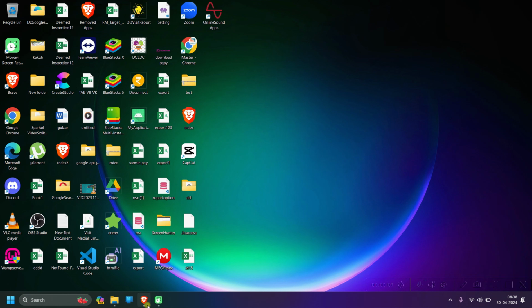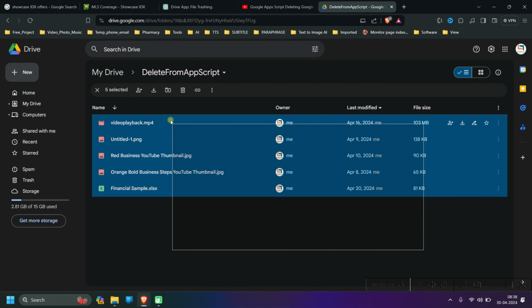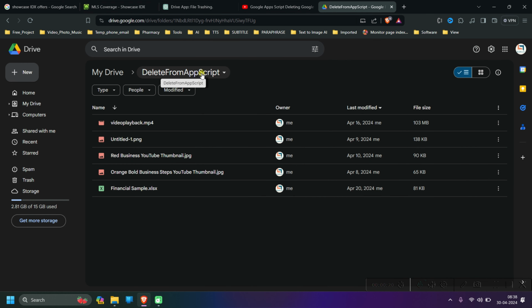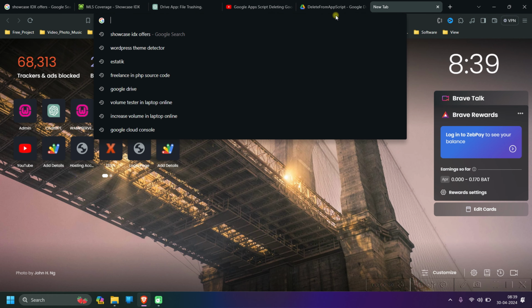Hello friends, in this video I'm going to show you how you can delete files from a specific folder of a Google Drive through AppScript. So this is the file in the folder here in Google Drive, and we will delete this file through AppScript. So let's open AppScript by typing in the address bar